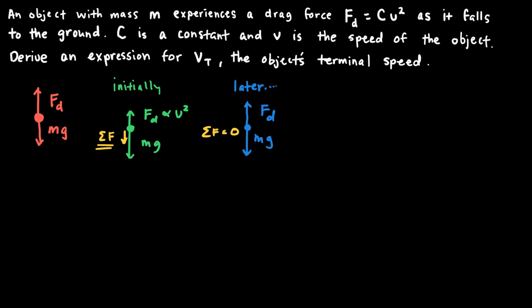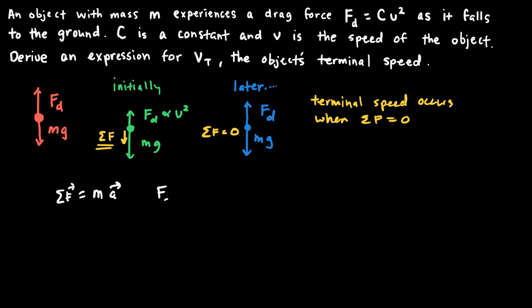So I could write that in the following way. I could say that the terminal speed occurs when the net force is equal to 0. Or in equation form, I know that Newton's second law says the net external force acting on an object is equal to its mass times its acceleration. And so if the net force is equal to 0, I could write for this object